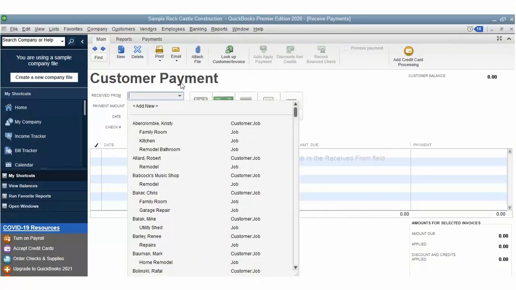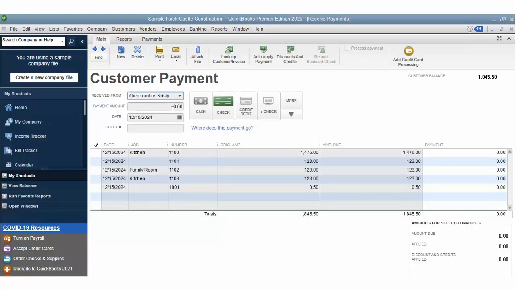Enter the payment amount into the Payment Amount field. Click the Payment Method button in the window that corresponds to the method of payment received. You can then select the additional